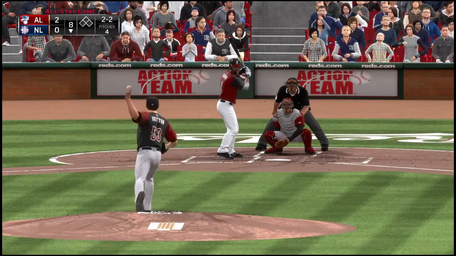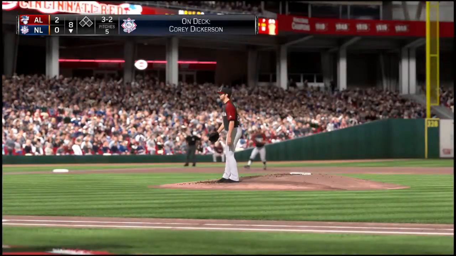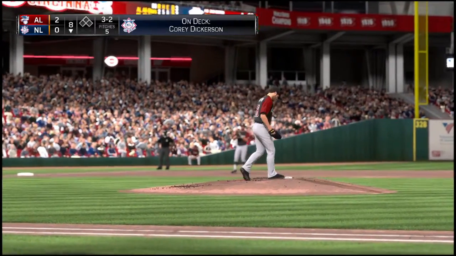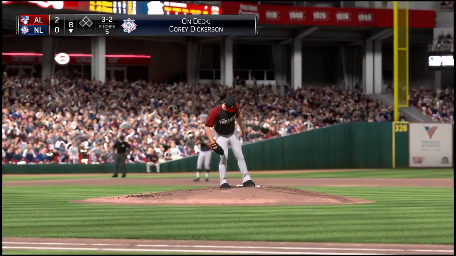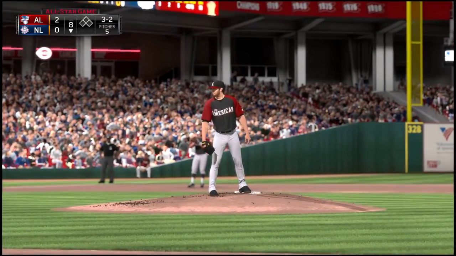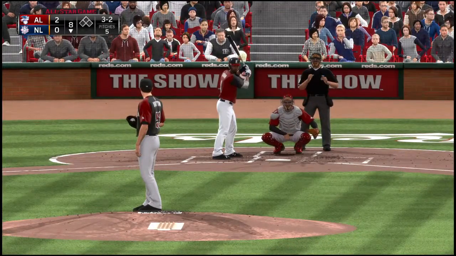Sets the 2-2 pitch. And this misses, so that'll fill the count at 3-2. Yeah, he had him in good position here, 0-2 to start the inning. He just can't seem to finish him off.